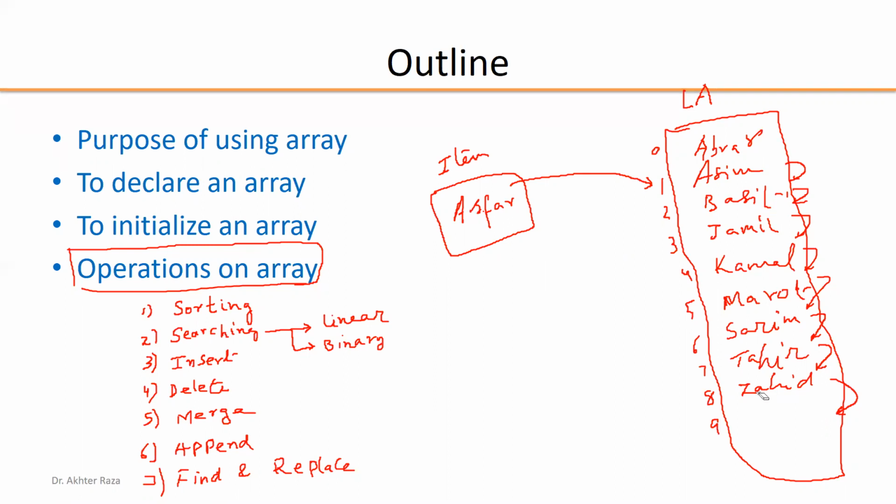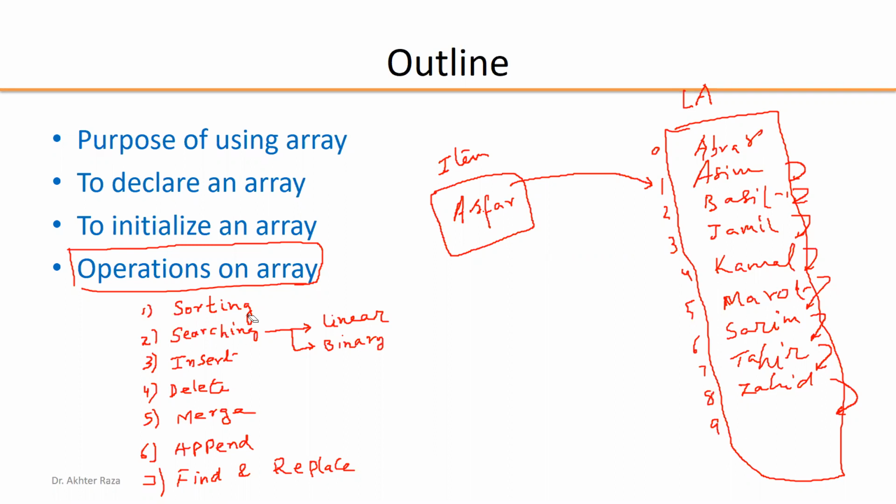We have to create the position for that element, and the new element will be placed in the vacant space which we created by moving all of the elements one unit down. So this is called